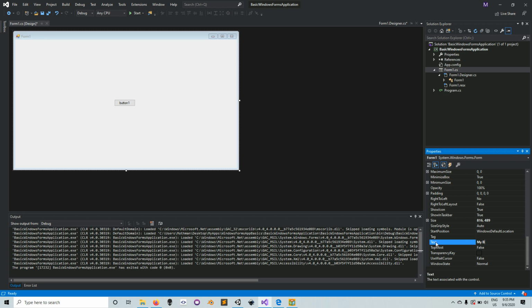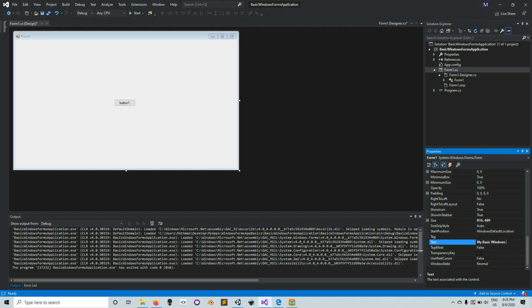But in Visual Studio or Visual C Sharp, when you're entering the value for this text property, you do not use the quotation marks. You do not delimit them with double quotes. So I'm going to call it my basic